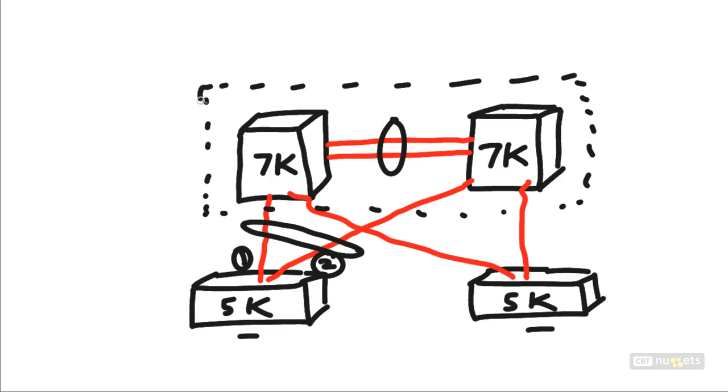This is great because now we can take advantage of all of the features of our regular old EtherChannels. Like we can go ahead and load balance across these links. We can enjoy the combined bandwidth effect of these links to the different upstream devices. Should there be a failure of one of these 7000s, well,